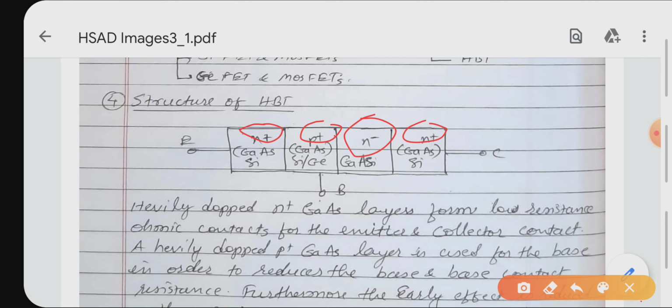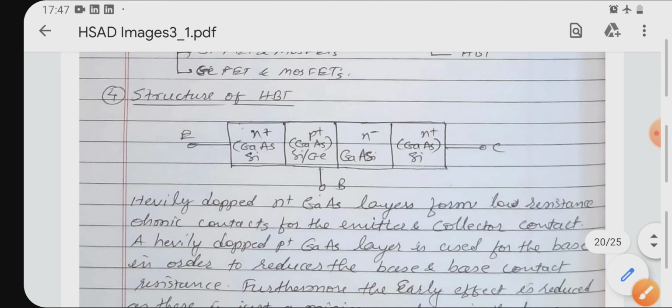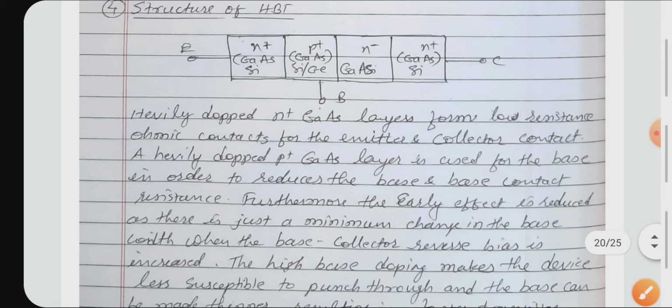Okay, so various materials, dissimilar materials, can be used between the collector and base to form the heterojunction. So various options are there, like gallium arsenide, GaAs, silicon or germanium, gallium arsenide again, or silicon. So depending on the requirement, different materials can be used to form the base, collector and emitter. Okay, so it is a three terminal four layer device.